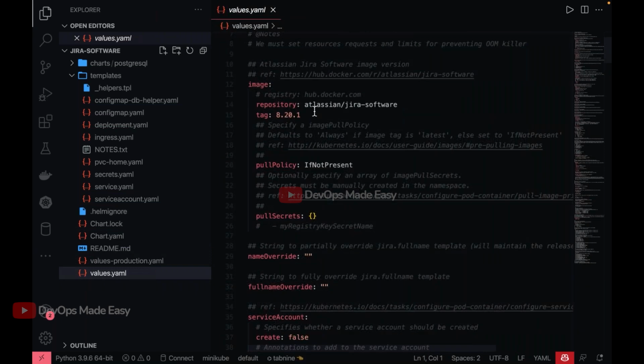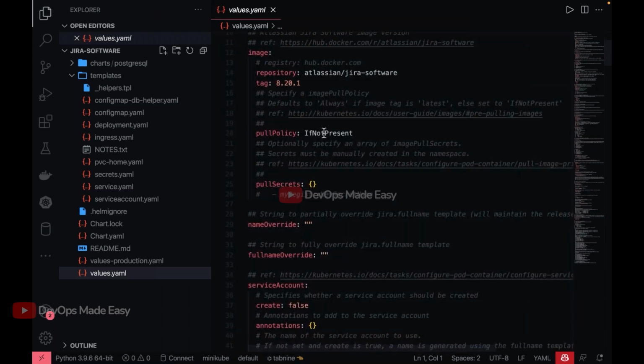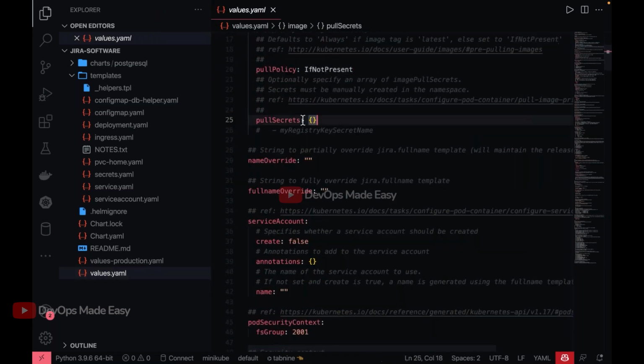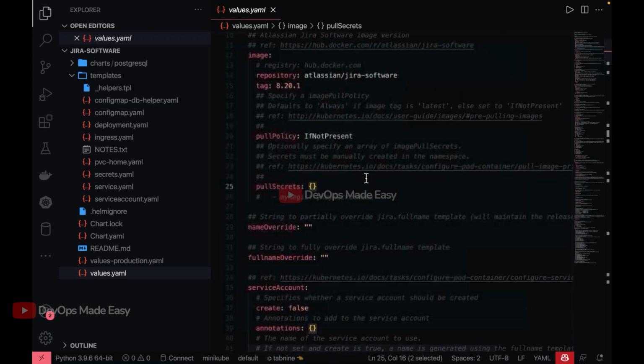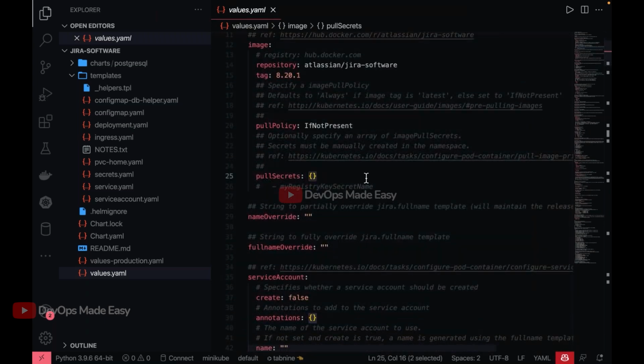So this is the image, which is Atlassian Jira software 8.20.1 version, with pull policy IfNotPresent, and pull secret. By default it is empty, because these images are directly available from Docker Hub. If you have any external Docker registries, then you have to give the pull secrets by uncommenting this line and giving the pull secret name.